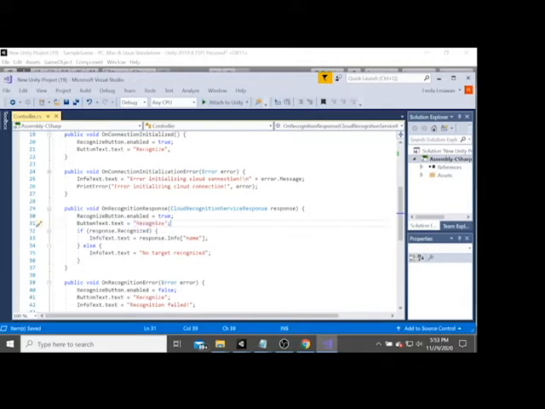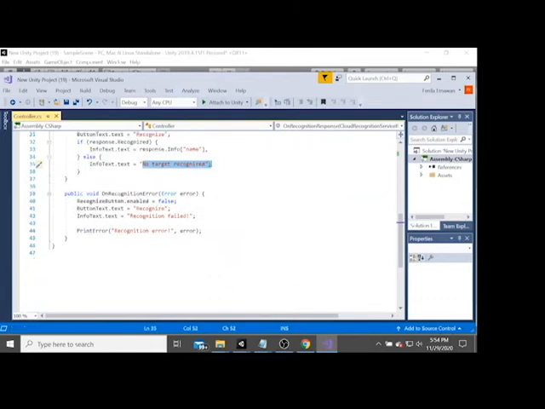The response here is we are going to receive the response.info and name, meaning we want to receive the marker name. Else, if the cloud recognition service response gives false, in other words, it is undetected, you don't have a marker in your cloud and it does not recognize, so you can display no target recognized.